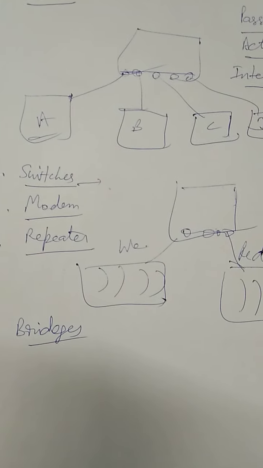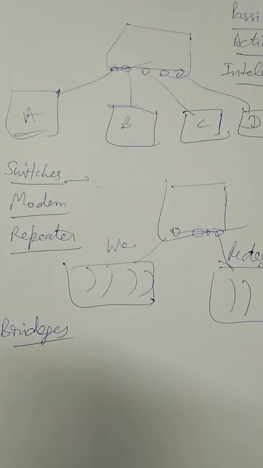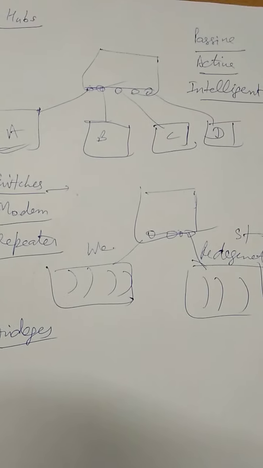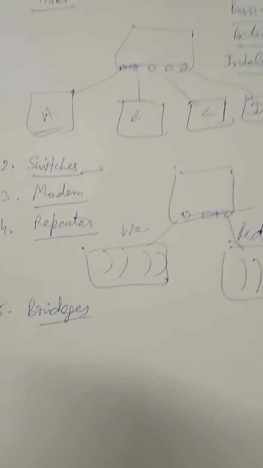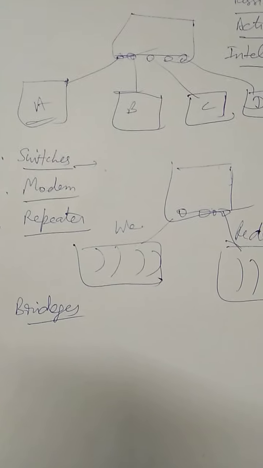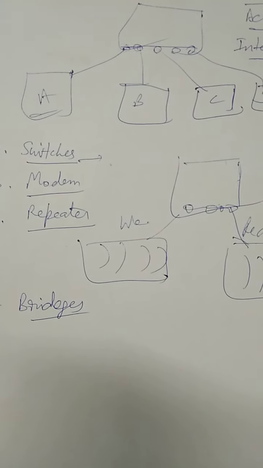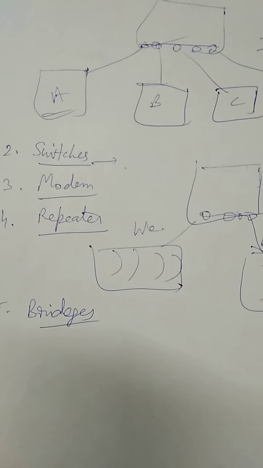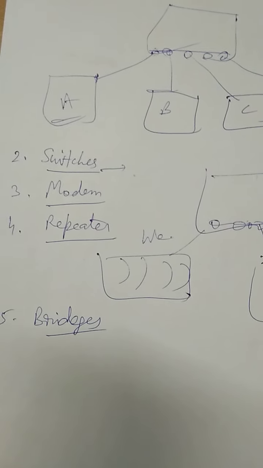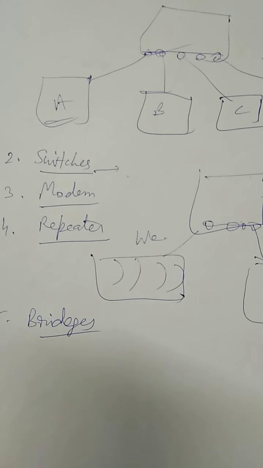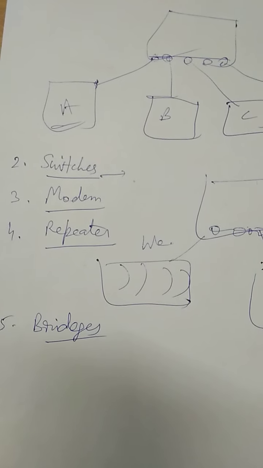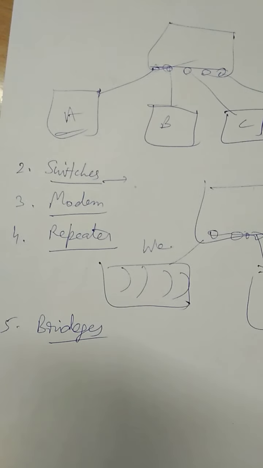Then what is the working of a bridge? How does a bridge work? A repeater accepts all the packets and amplifies all of them to the other side. But bridges are intelligent devices that allow the passing of only selective packets through them. A bridge only passes those packets that are addressed from a node in one network to another node in the other network. The bridge can make this distinction by looking at the source and destination addresses contained in the packet header.